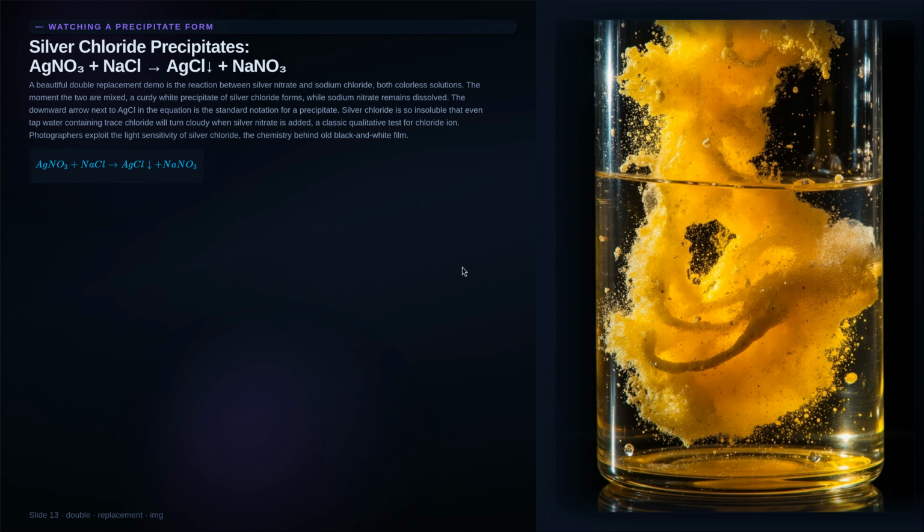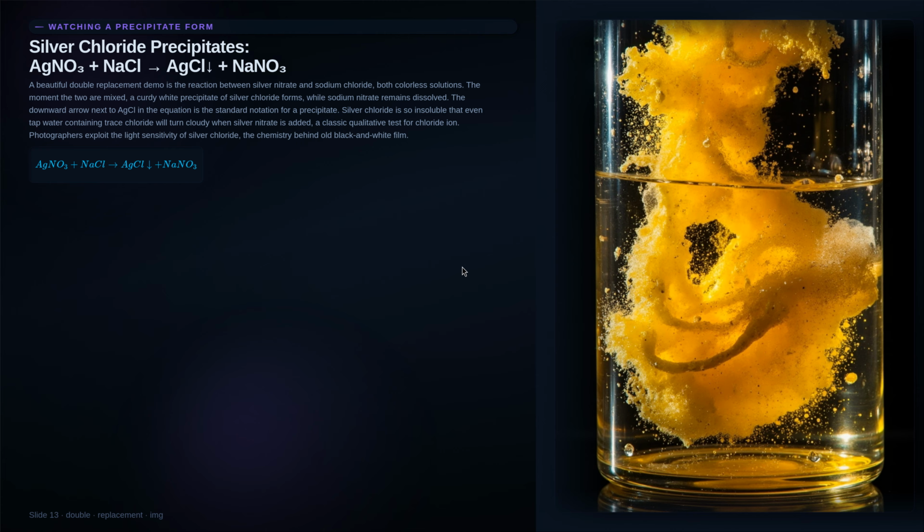The image shows a classic double replacement reaction producing lead iodide, a brilliant yellow precipitate. When potassium iodide is mixed with lead(II) nitrate, the cations and anions exchange partners. The balanced equation is Pb2+ plus 2 NO3- plus 2K+ plus 2 I- yields PbI2 solid plus 2K+ plus 2 NO3-. Lead iodide is insoluble in water, so it forms a vivid yellow solid that drops out